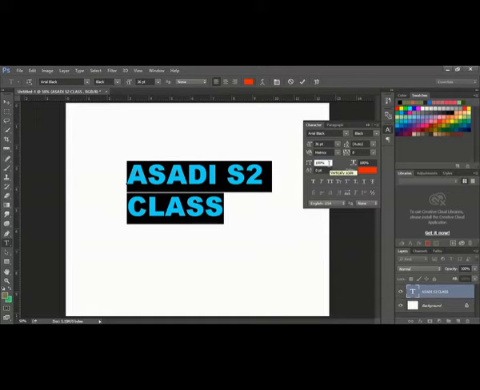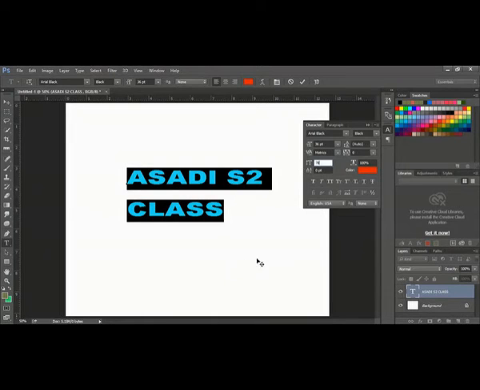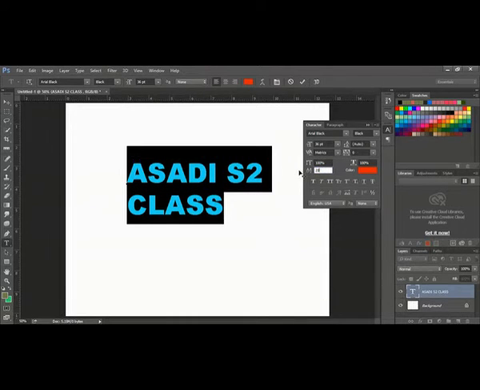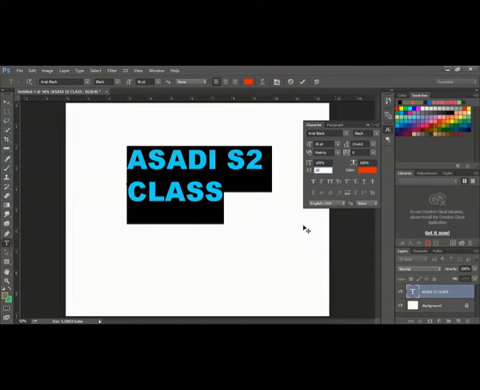Suppose this is 100% now. Suppose I make it to 70%. You can see the height is adjusted. The width, everything is adjusted. The height is adjusted here. Even though height is 36, it compresses. When you have 100%, you get the exact 36 size. But you can adjust the height of that individual letters. Suppose I keep here 20. So a little adjustment you can do from here.